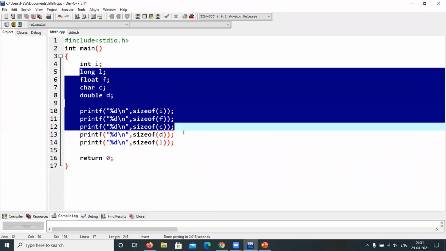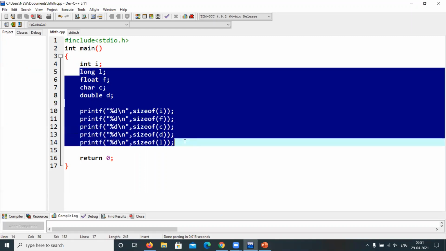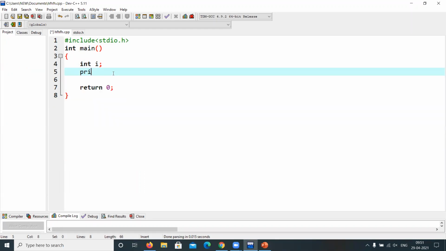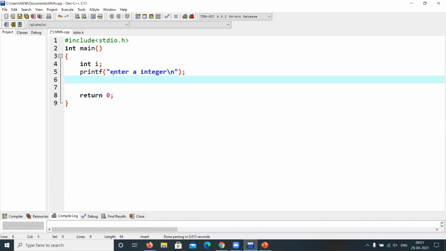See here. Now let me write a printf statement to ask the user, okay, enter a number or enter an integer. I am asking the user. The user will enter the number, right? I need to read it. So I am using the scanf function. Scanf %d, it is integer, right? That's why I use the %d. And address means ampersand of the variable name, which is